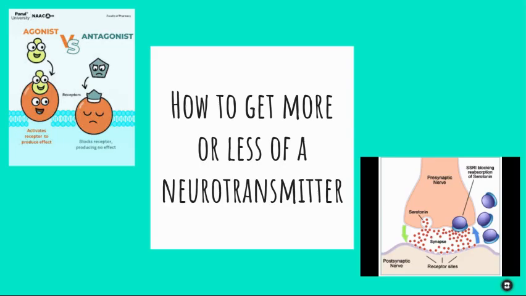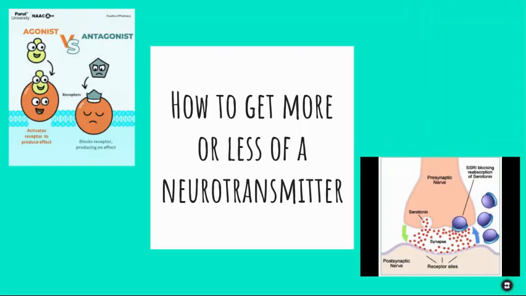have. Versus antagonists, this is given when we have too much, right? We've got too much of that neurotransmitter. We're going to take an antagonist, and what that's going to do is it's going to bind on those receptor cells. It's going to bind on those receiving dendrites so that when that neurotransmitter is sent out of the axon terminal into that synapse, it can't enter into the next neuron's dendrite, therefore reducing how much of that neurotransmitter is